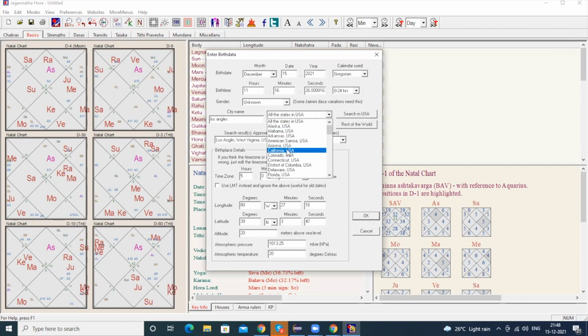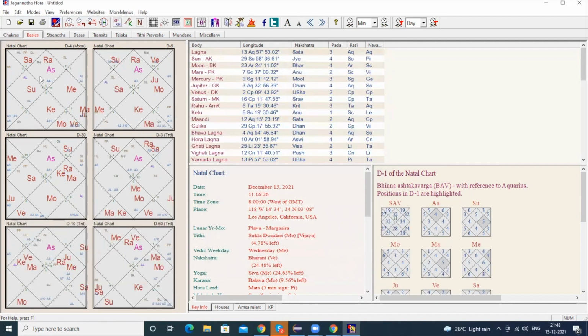If you're born in Los Angeles, California, it will show that. If you are not getting the particular state or city name, just give the longitude and latitude and press OK. The birth chart is created.